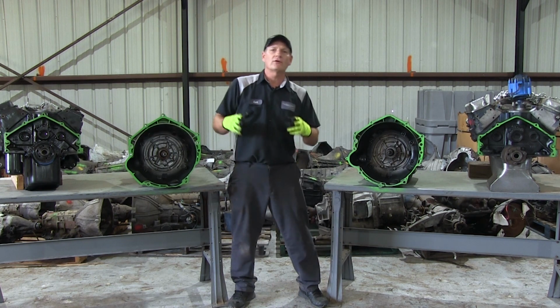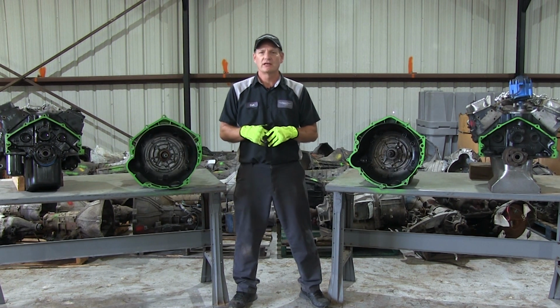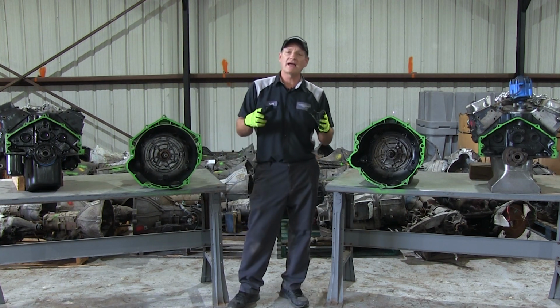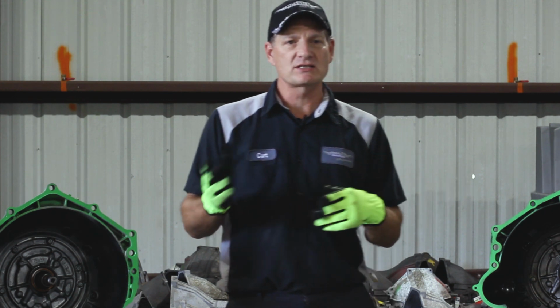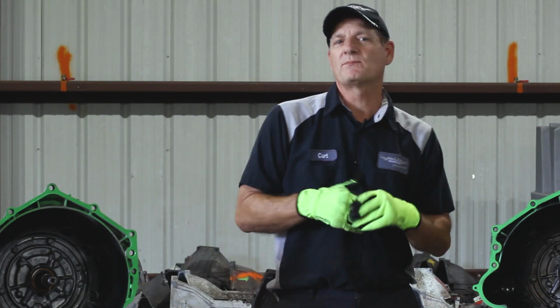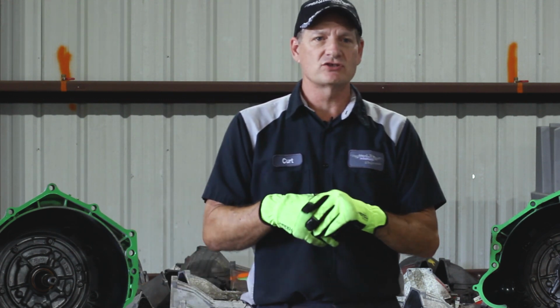Today we're going to go over a very common question we get in our tech department and with customer service. They don't know if they have a 5.7 and whether it's an LT block or an LS block. Usually the 5.7, 1998 and newer is the LS design block. And here's a graphic way to identify your block and transmission when we ask these questions to ensure you get